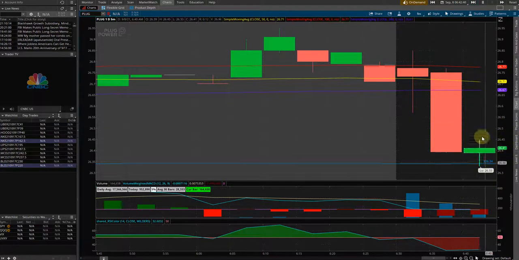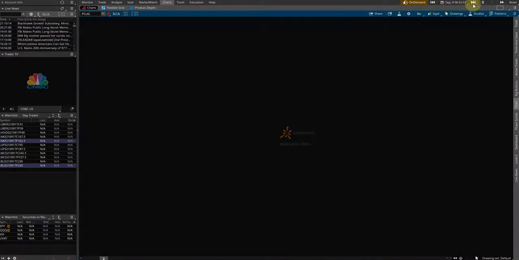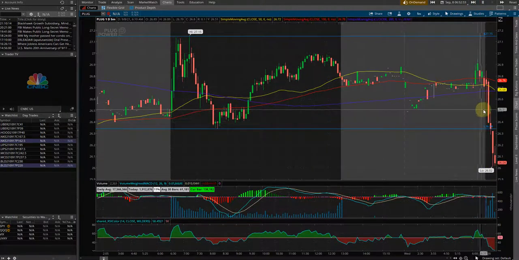I don't know what's going to happen on the next candlestick. I don't know if I would be in this trade at all. And if I was, I don't know if I would be out of it on this candlestick or if I would still be in it to see what would happen on the next candlestick. But let's just take a look. Oh, and we would have got paid.